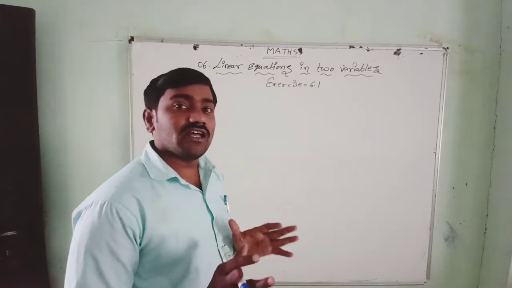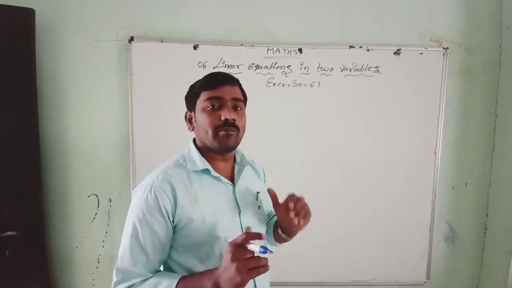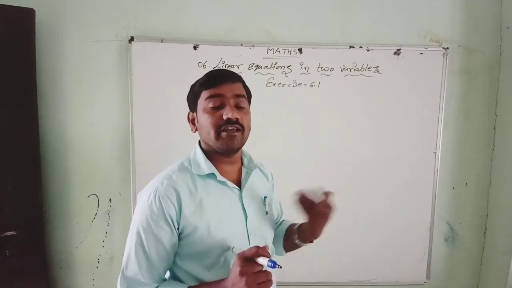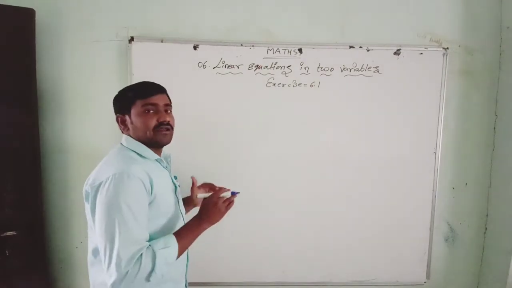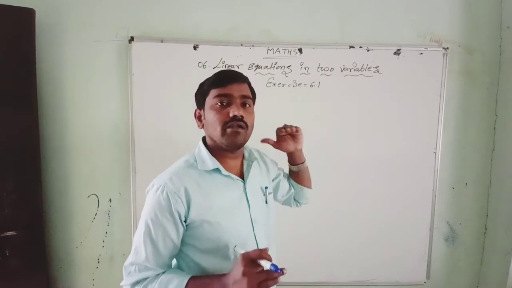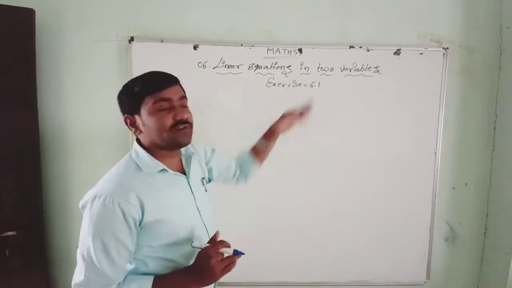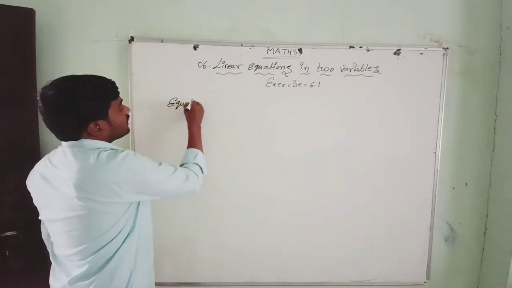As you have learned linear polynomials, no? Linear in the sense, if the power of the variable is 1, it's known as a linear polynomial. Then here, linear equation in the sense is the same. Here also we get variables, and the power of the variable should be 1. But here we get two variables. What is the meaning of equation? Let us learn first.